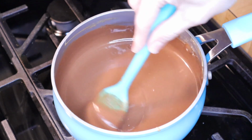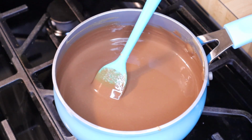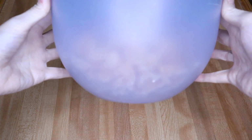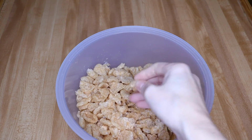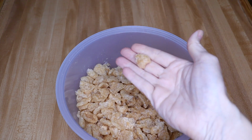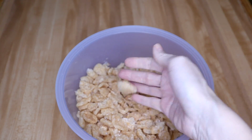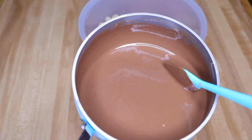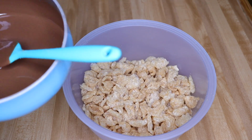And I'm gonna let this cool for just a second, not too long, long enough for me to turn the camera around for you guys. So here is our big container of pork rinds that we've made into bite-sized little pieces about the size of checks. Can you see that? There you go. These are all pretty tiny. Now we're just gonna take this delicious peanut butter, chocolate, and butter mixture and coat all of these pork rinds